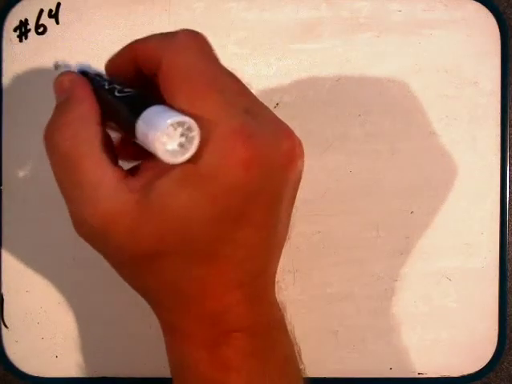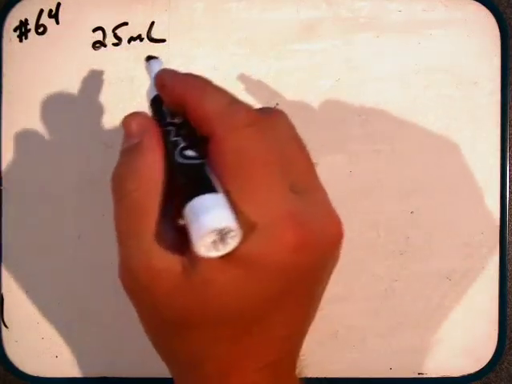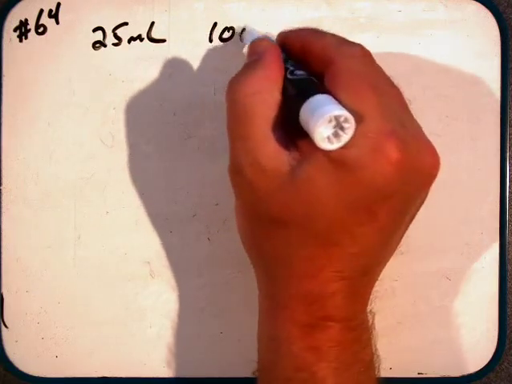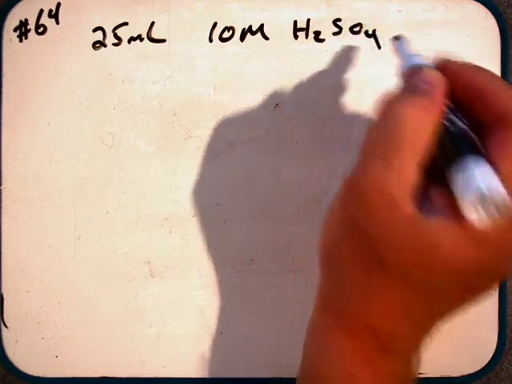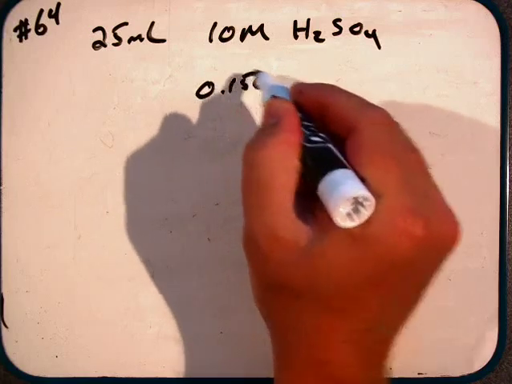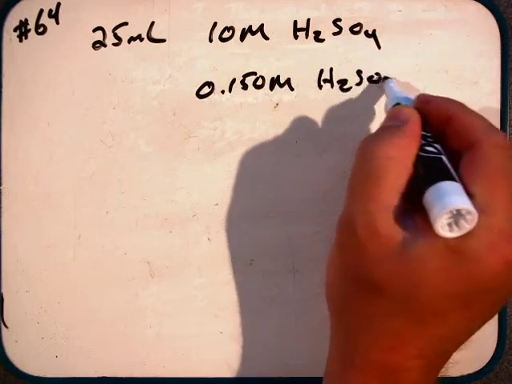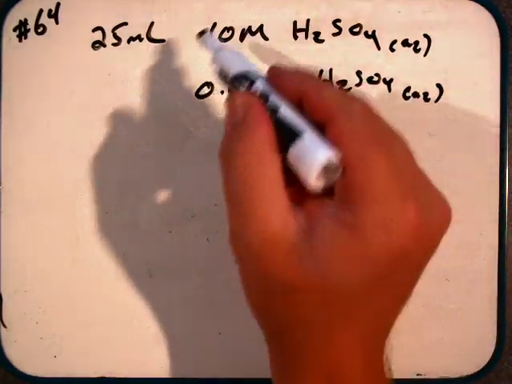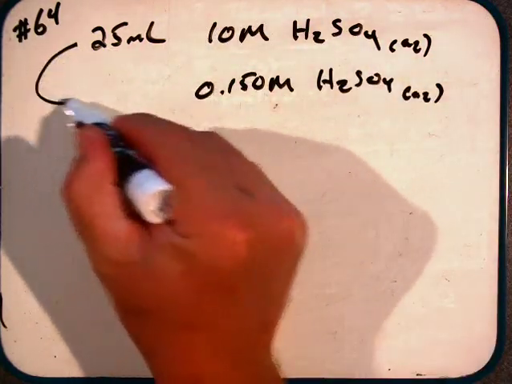This is number 64, chapter 4, looking at concentrations of solution. And this is a dilution question. It says, to what volume should you dilute 25 milliliters of a 10 molar stock of sulfuric acid to obtain a 0.150 molar H2SO4 solution. So these are both aqueous, and we start with a certain concentration and we want to dilute that